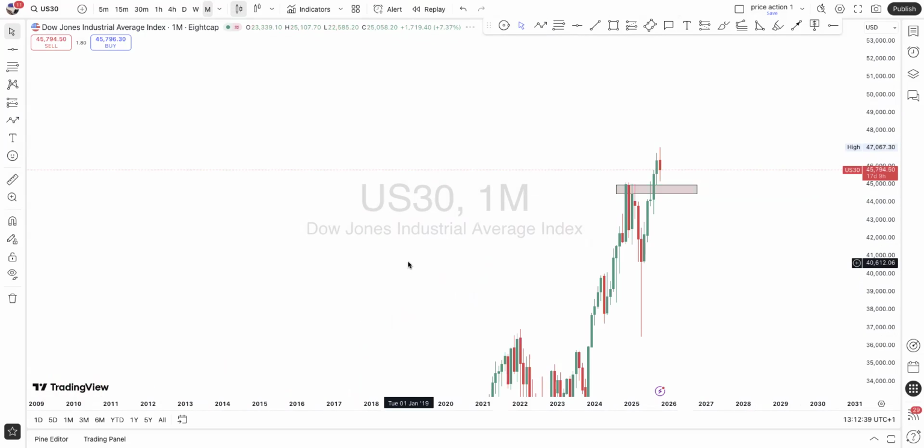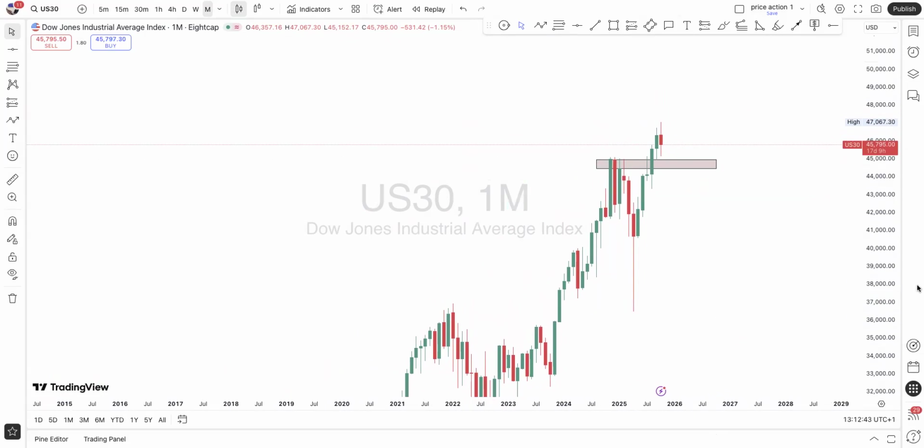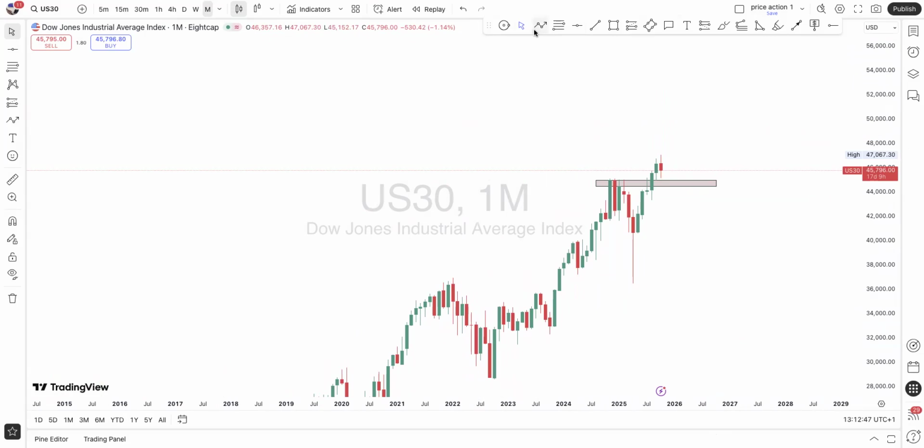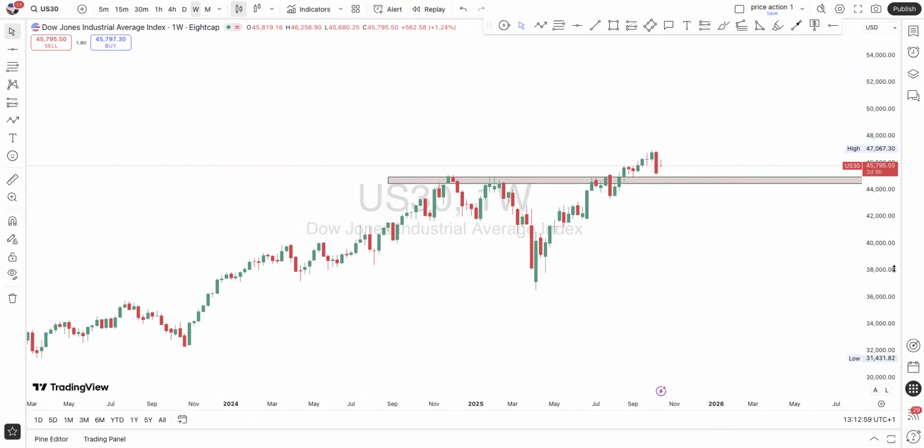We're going to go to the monthly time frame. Let's see exactly what US30 is actually doing. So we could agree on the monthly time frame that it is still very much trending, because price made an impulse move, then a correction, then